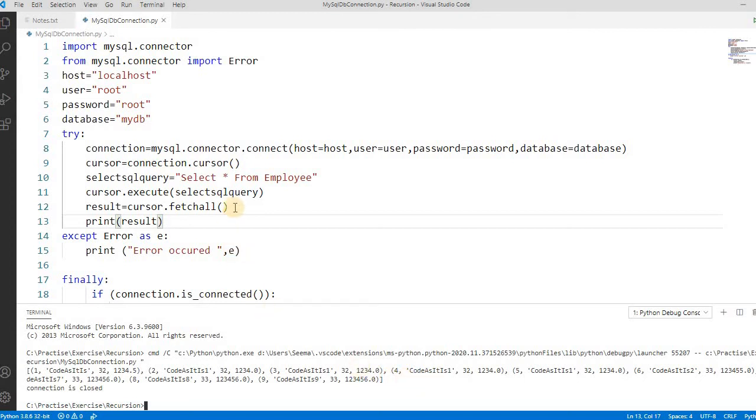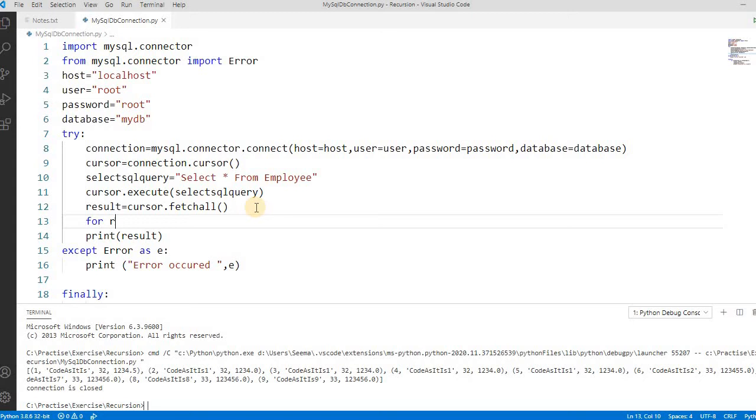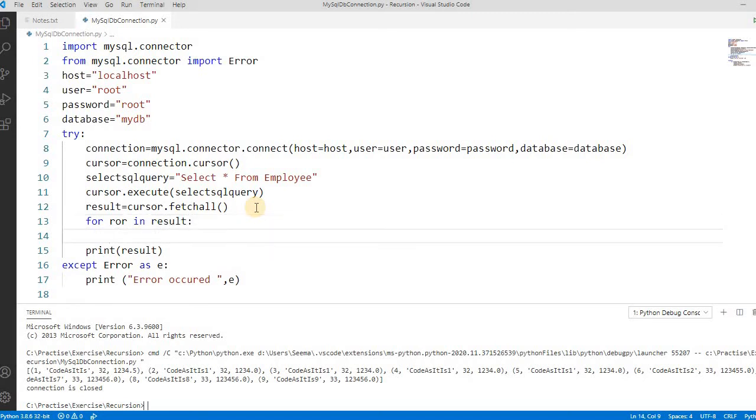Now let's format it. How to iterate through one by one. Let's start with for row in result. Let's print something like employee ID is row, and then pass the index, like the 0 index is, as we already know, the employee ID.